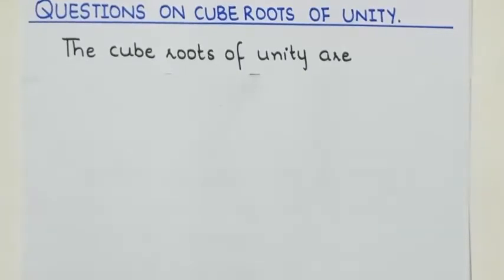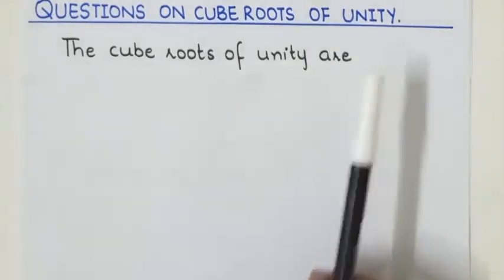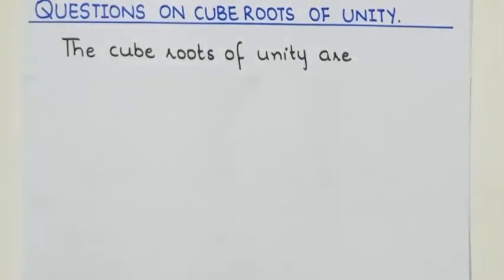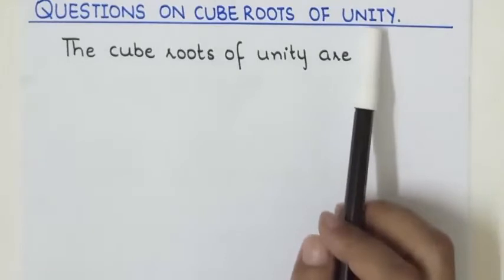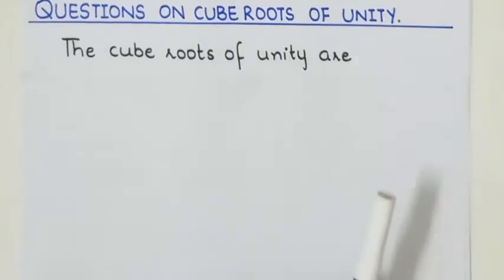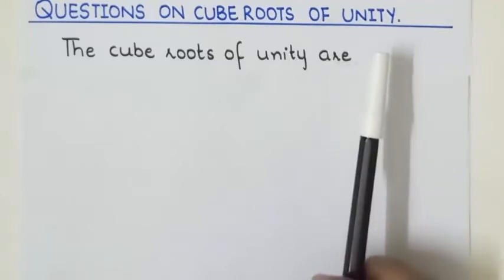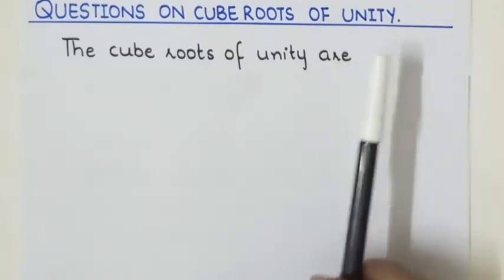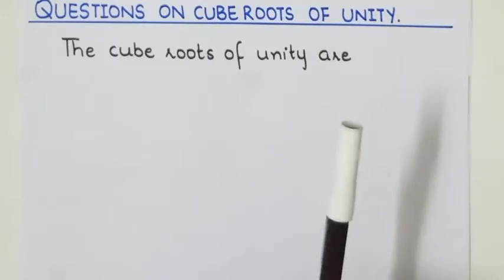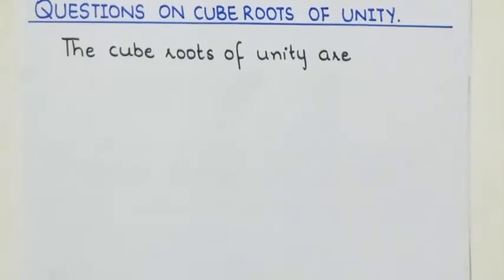So today we are going to start our next topic, which is about the cube roots of unity. Basically the cube roots of unity are the cube roots of 1, because unity means 1. The cube roots of unity can be defined as the numbers which when raised to the power of 3 give the result as 1. So basically we have 3 cube roots of unity and these are 1,